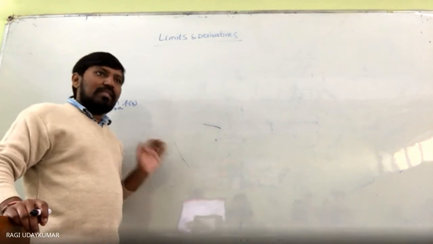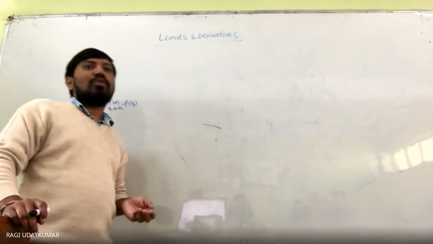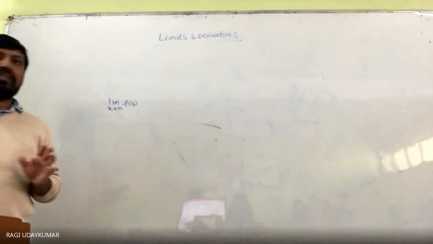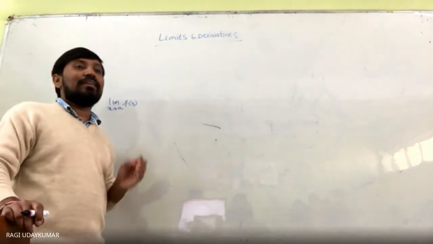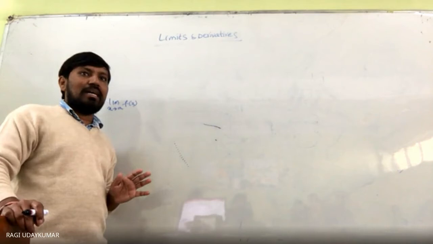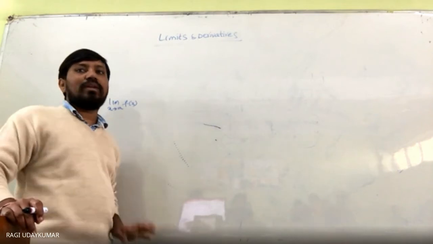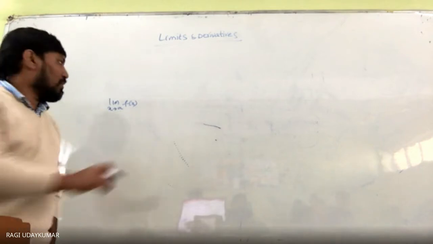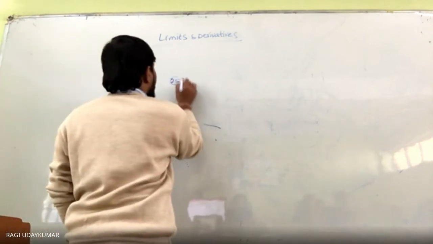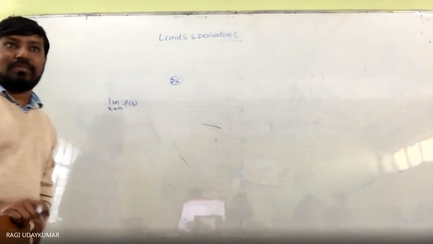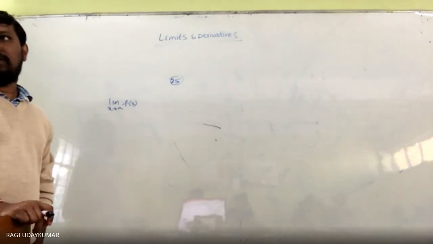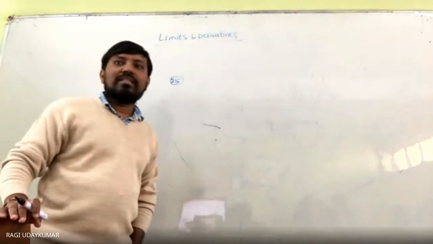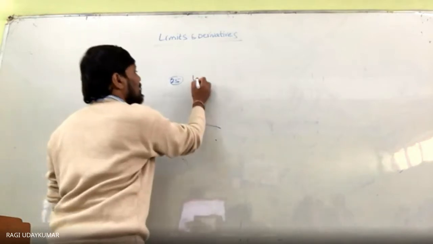Okay. So in this different problem, whenever you are taking a different problem, it is important to understand the concept clearly: left hand limit and right hand limit. I am going to take one problem from your textbook itself, the 25th problem in the exercise, just to understand the concept of left hand limit and right hand limit. This is a different problem, and that's why I have chosen this one so that you can easily understand the concept.